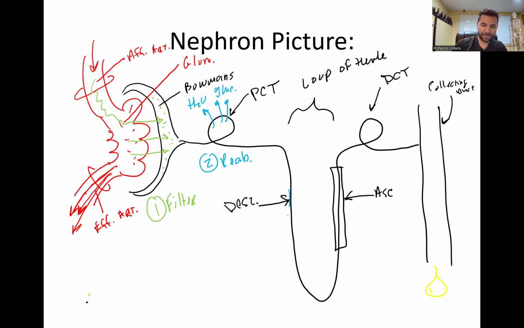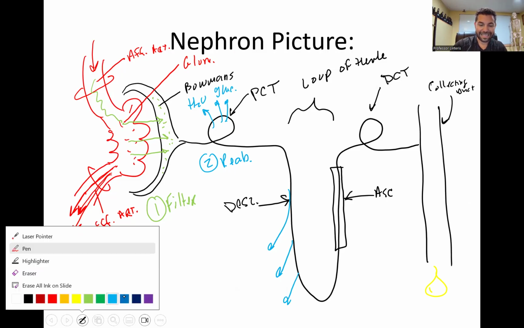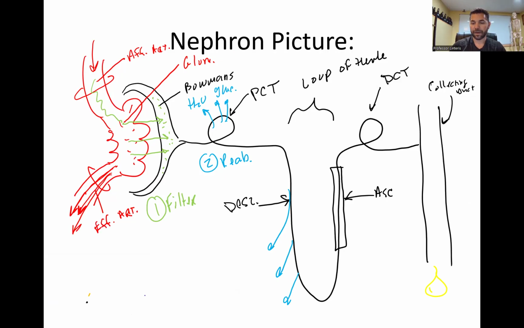As we come down the loop of Henle, we reabsorb some more water. The ascending loop, let's get a little color here, is impermeable to water. So that loop of Henle, as we will discuss, is very important for creating concentrated urine, as well as there are hormones that work on that loop of Henle in the DCT. In the DCT, we do have a little bit more reabsorption, but the main thing I want to talk about is step 3,